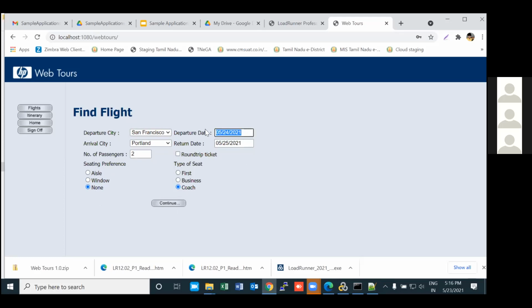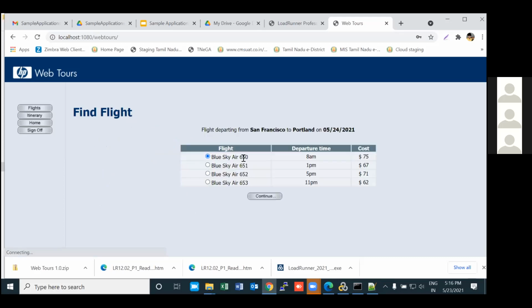Observe here, the departure date will be tomorrow's date by default, and the return date will be the day after tomorrow's date. I'll continue with the default dates. No matter what city you select, it will always display 4 flight options, as this is a sample application. Here I selected San Francisco to Portland.